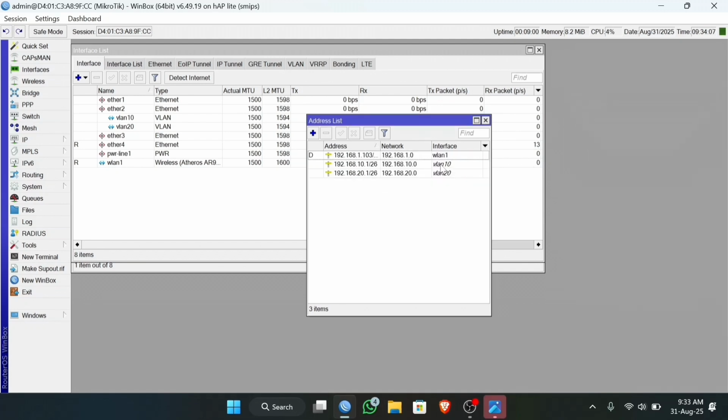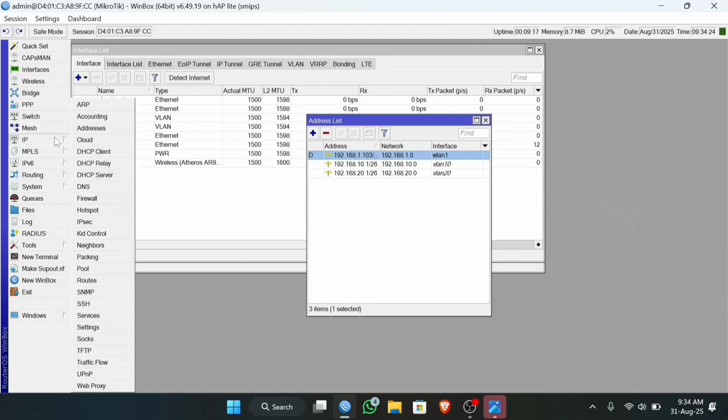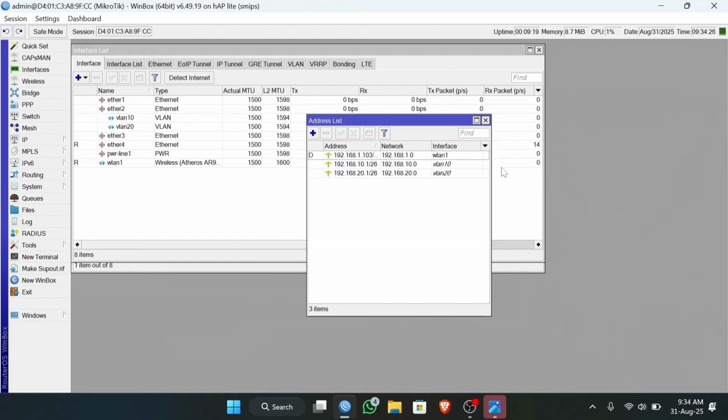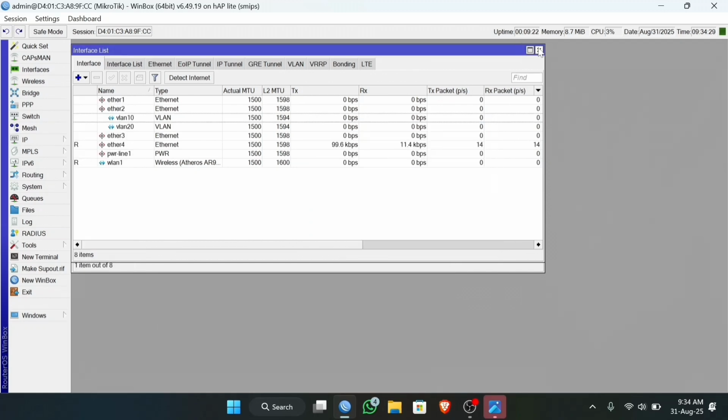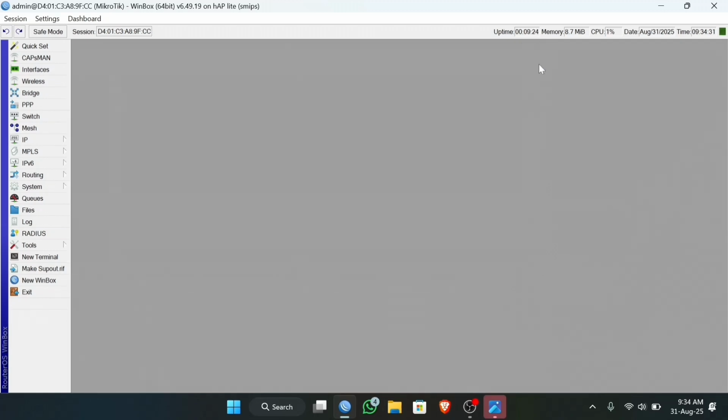Here I have two different IP addresses. This one is for VLAN 10 and this one is for VLAN 20. And this is the IP from the DHCP client. Then close the tab. Then next